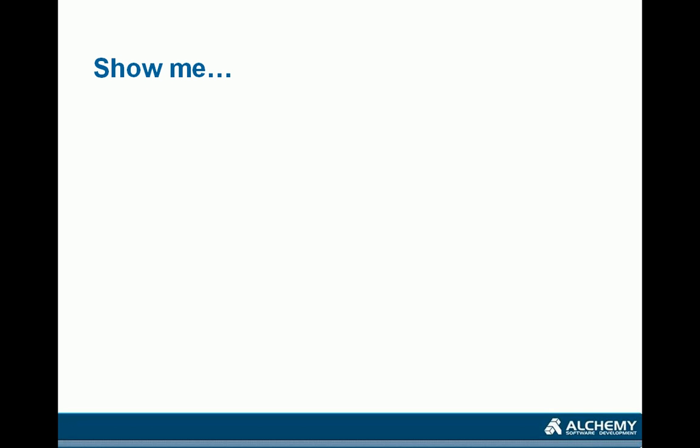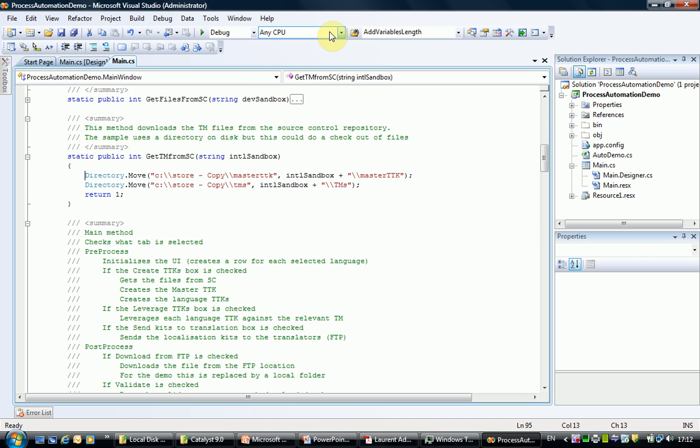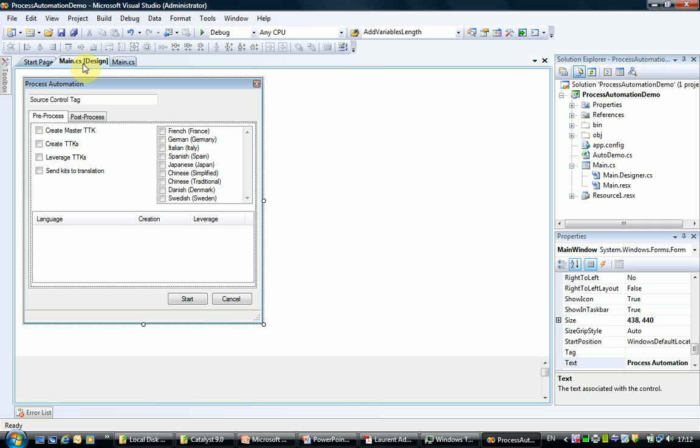So far, it looks very promising, but we haven't really done anything meaty. I mean, we've just spoken about processes and improvements. So I think the best thing to do now would be to show you an application we've prepared here in Alchemy, and that will actually run through, let's say, the steps we've shown you and show you how you can automate them so that they basically become a single button click. So let's have a look at the UI, which will give you an idea as to what the